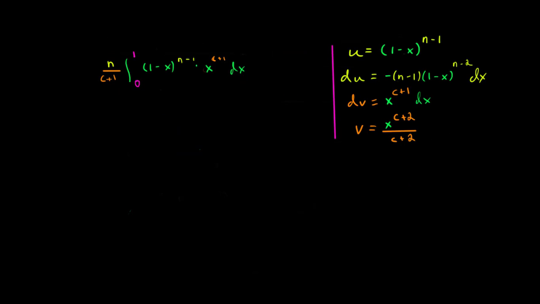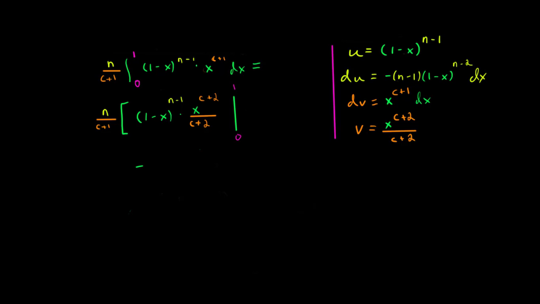Now when we plug in those values and do this integration by parts, what do we get? We'll get n over c plus 1, that's a constant outside of the integration, times, this is our u times v, so this is 1 minus x to the n minus 1, times x to the c plus 2 over c plus 2, evaluated again at the boundaries, evaluated at x equals 1 and x